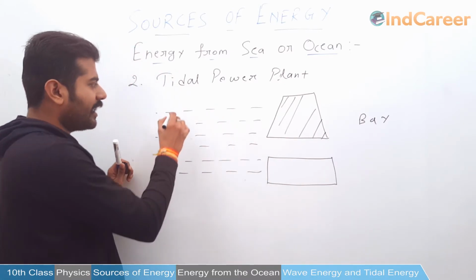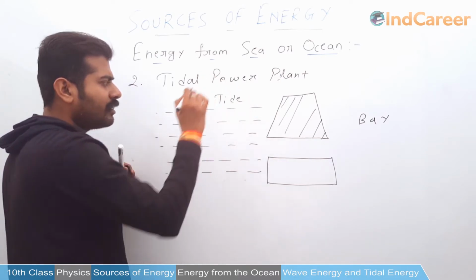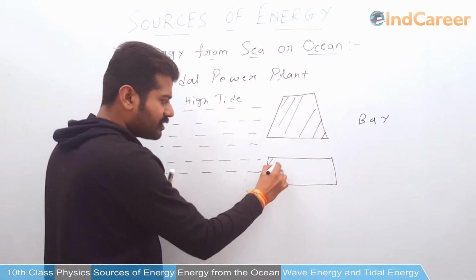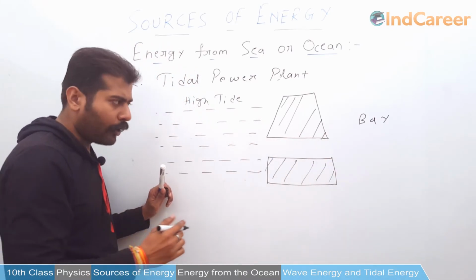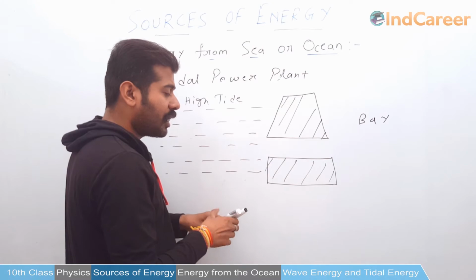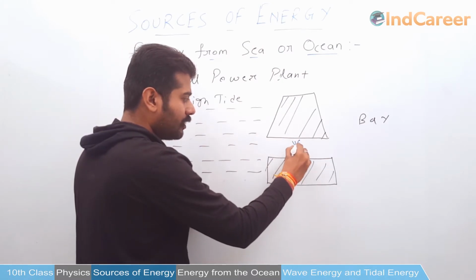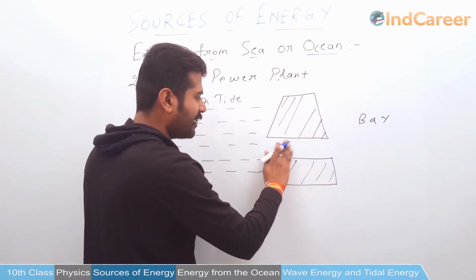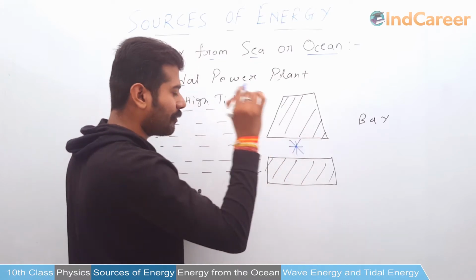So during high tide, I am talking about the condition when high tide is there in the ocean or in the sea. So this is a wall, and this is a passage for the flow of the water, and in this passage we are going to plant a turbine wheel. This is the turbine wheel. I am going to draw the turbine wheel very quickly. So this is a turbine wheel where